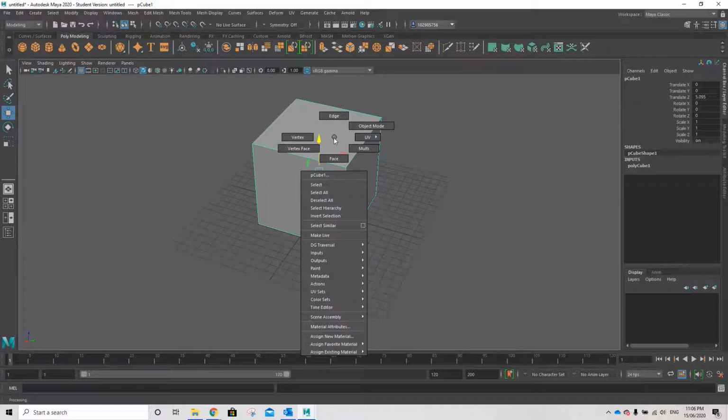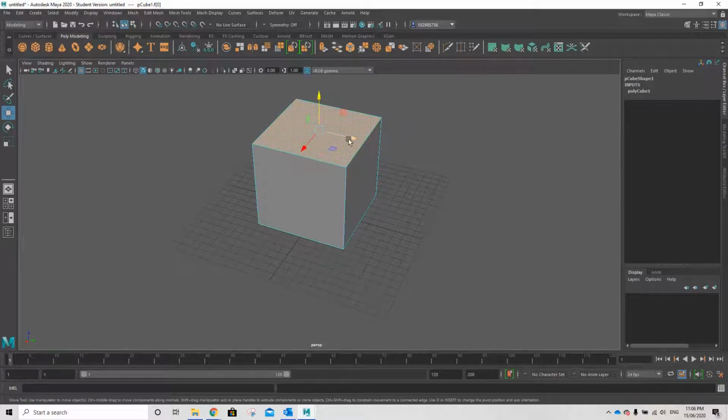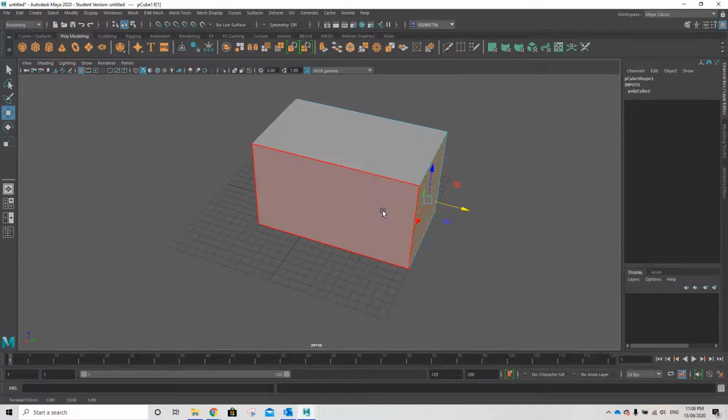Right click and go to face, and click this face and move it further out. So it's no longer a cube but a rectangular prism, or rectangular cube or something. Anyway, okay,